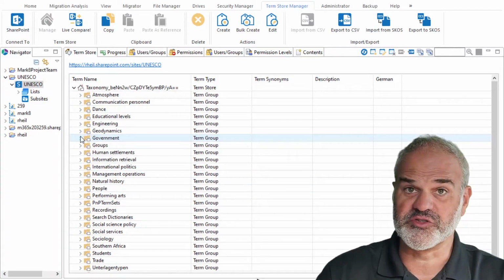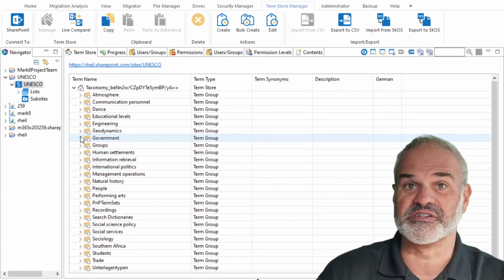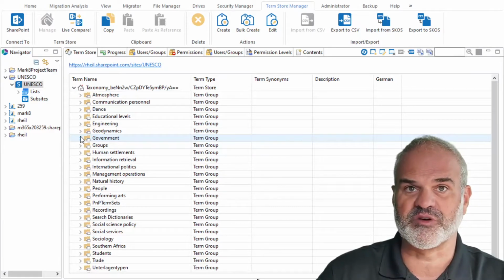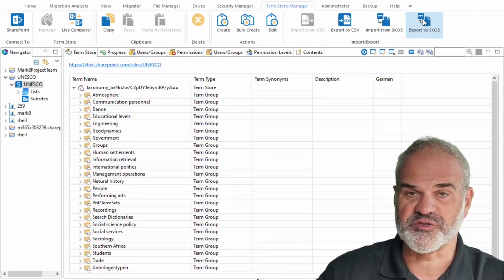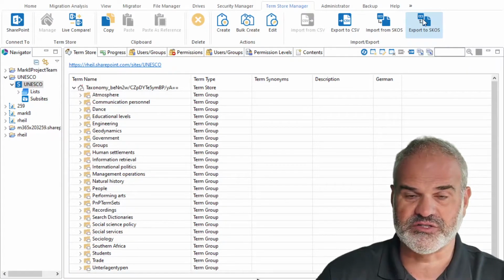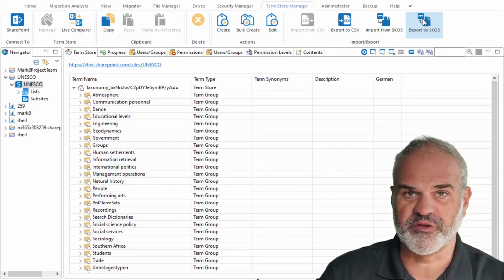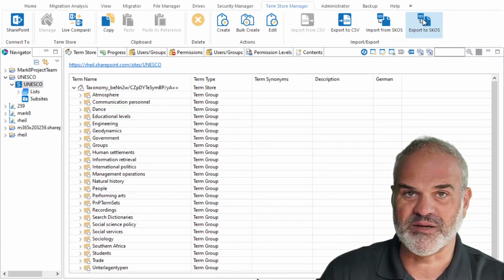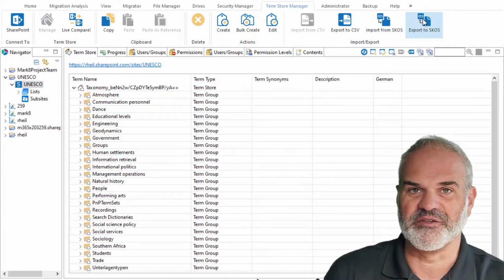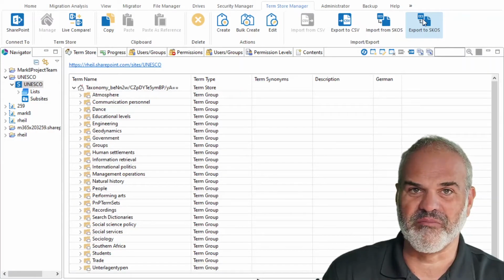So this is a very helpful tool to create new term groups, term sets, terms, also copy them between different tenants, also from SharePoint on-premise to SharePoint Online to SharePoint on-premise, export them back using CSV, export them using SKOS to another knowledge management or document management system. So you can share it also with non-Microsoft groups. And I think that's going to be very helpful to enrich your SharePoint experience with more and more sophisticated terms, because they sometimes are already available on the internet and you don't need to waste time to just create them manually.